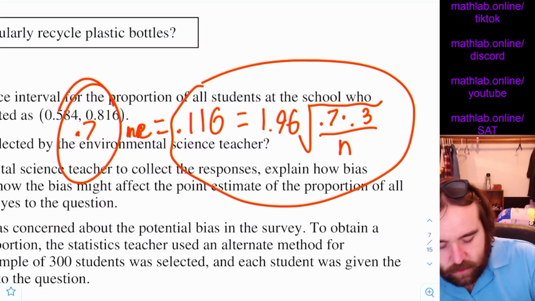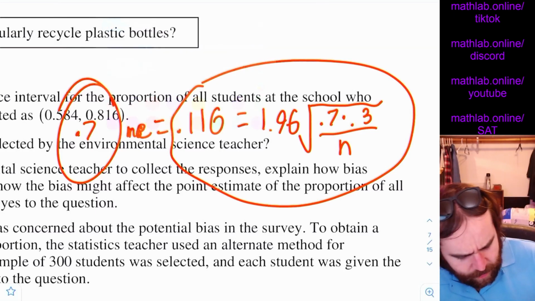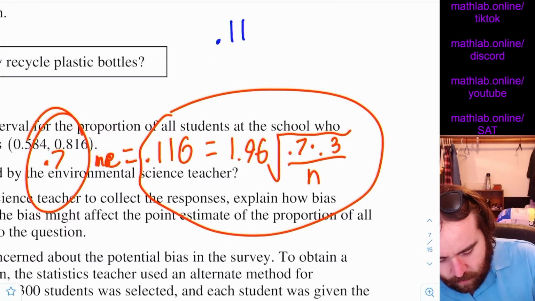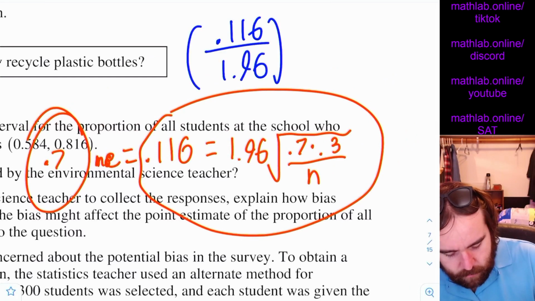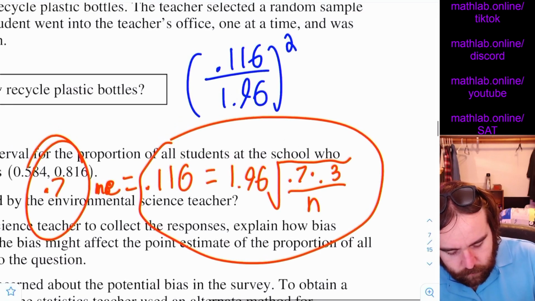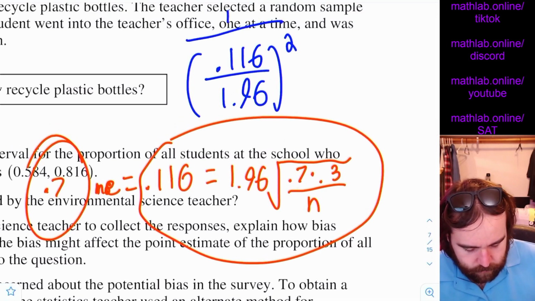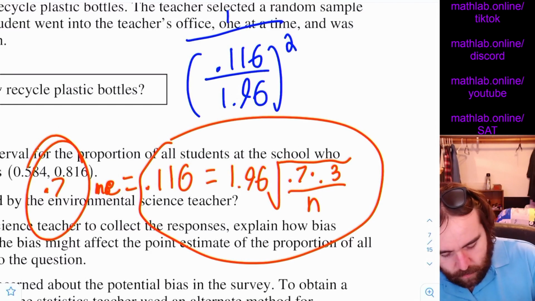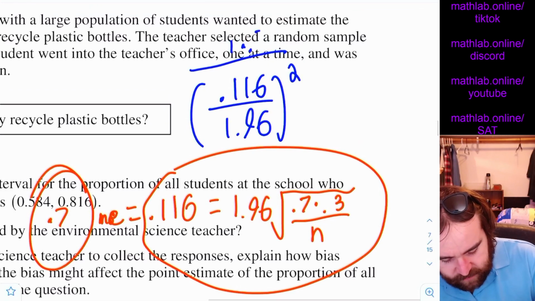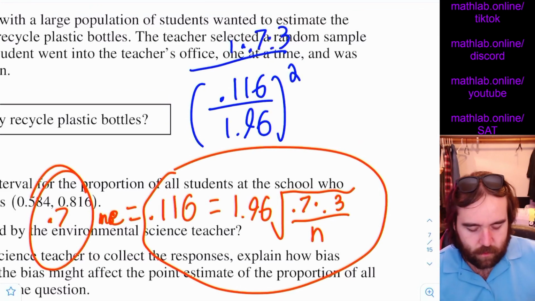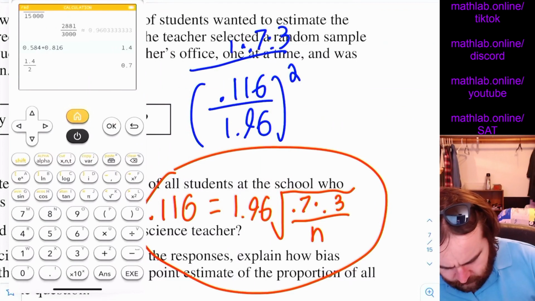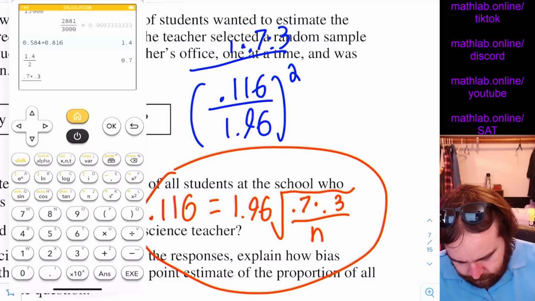So NumWorks would just, of course, solve that for us. I think that would take too long. So we'll just divide. We'll square. We'll flip. And then we'll multiply by 0.7 times 0.3. That should be right. You can verify to make sure all of that was correct. That was just algebra. So we're doing 0.7 times 0.3 divided by